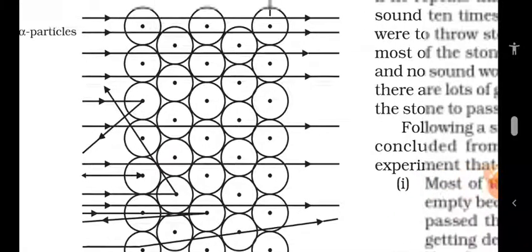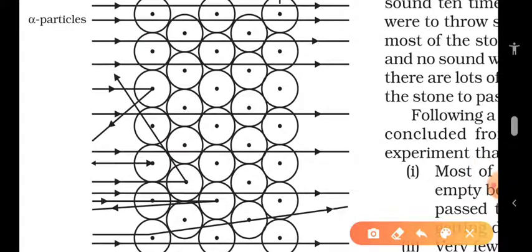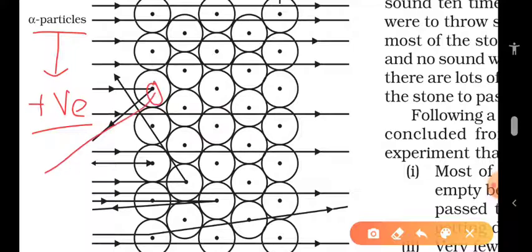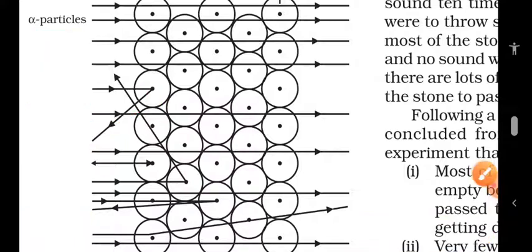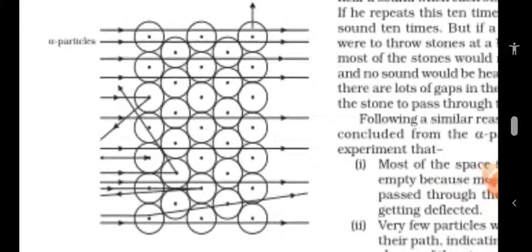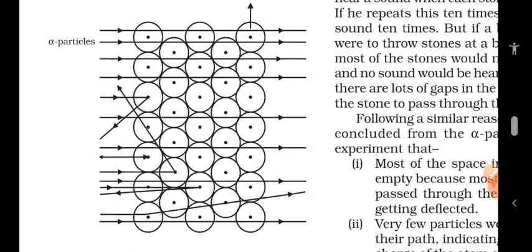Now, what is an alpha particle? An alpha particle is a positive charge. When it strikes the center of the atom, it's coming back, which means some positive charge is there at the center, yes or no? Because when positive and positive meet each other, only then they will oppose. You can see, if you might have used a magnet, north pole and north pole will oppose each other. South pole and south pole will oppose each other.